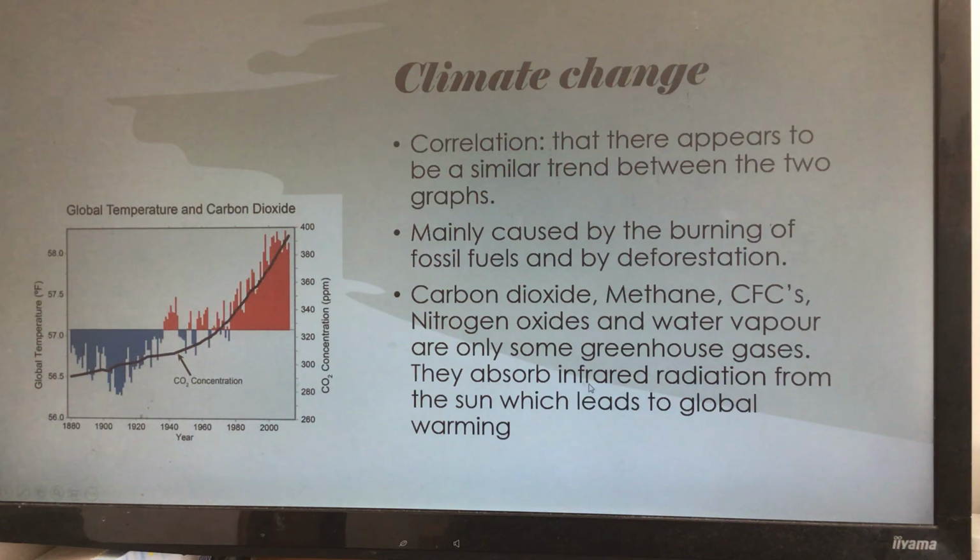They then absorb infrared radiation. It's technically not necessarily from the sun, but it's part of what is being re-radiated off the Earth's surface. That then leads to global warming. So don't immediately jump to global warming. They will want to see the greenhouse gas and the greenhouse effect as an in-between step. That's where you need to be a little careful. Don't immediately go global warming. Go via the greenhouse gases and the effect and the infrared radiation. So biology releasing chemistry. The chemistry then is causing a bit of physics in the atmosphere, and then we get